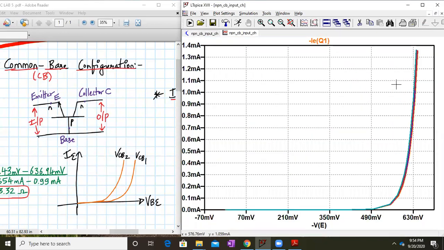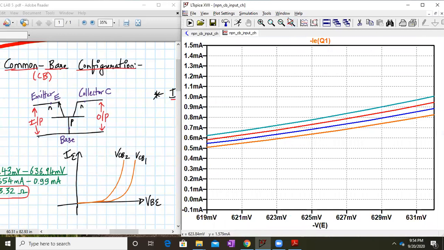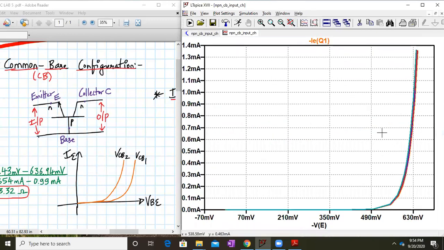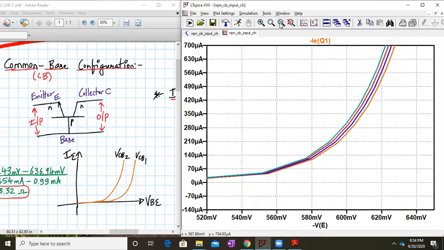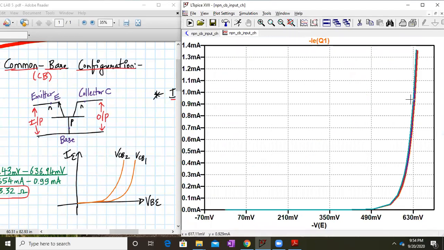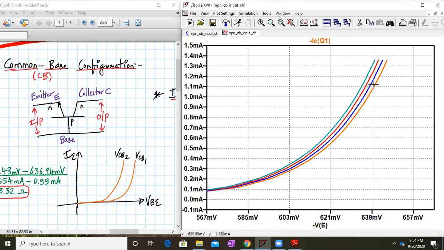Now I can see a family of curves over here. Definitely that is what is expected, right? But I want to take it for only one value. So I can expand this a little bit, and I can select only one value, and on that value only I'll operate. Let me bring my cursor over here and place it, with a blue color line as a reference.